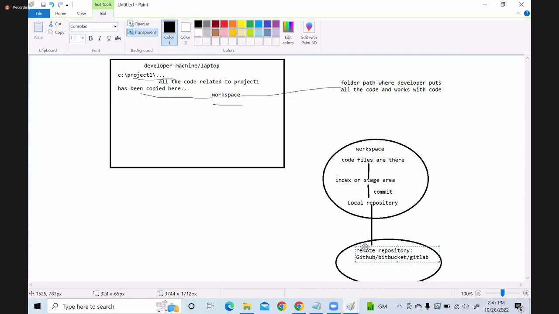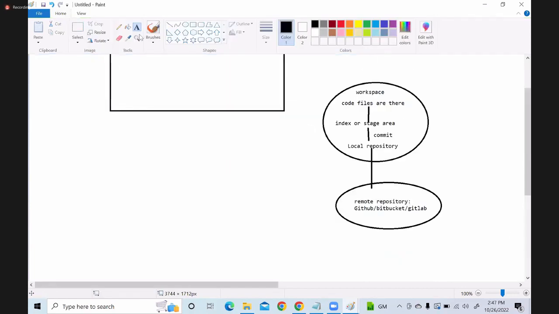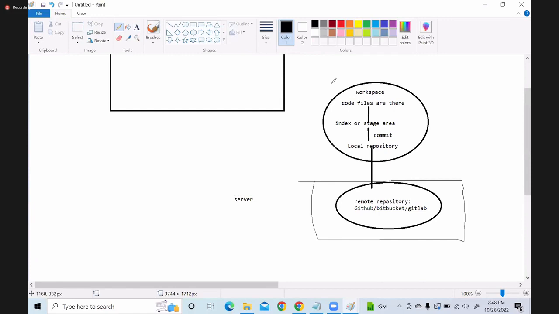This part is on the server, and this is actually on the developer machine.